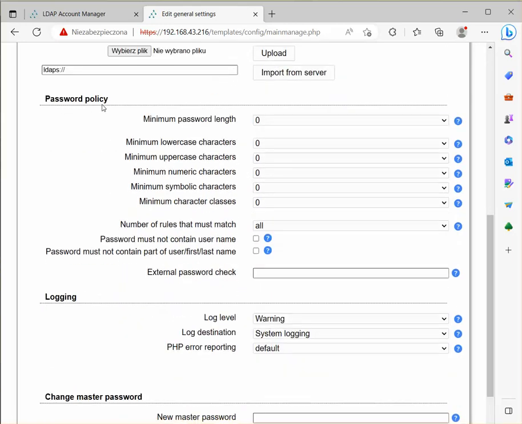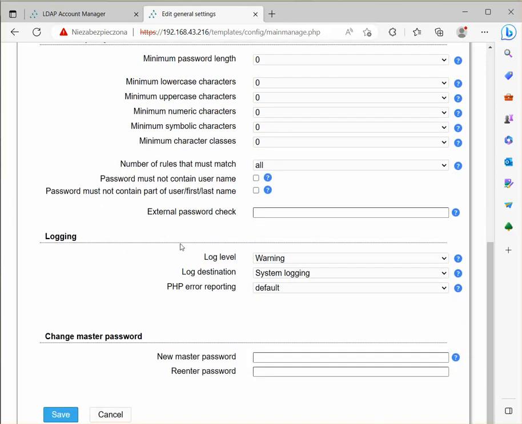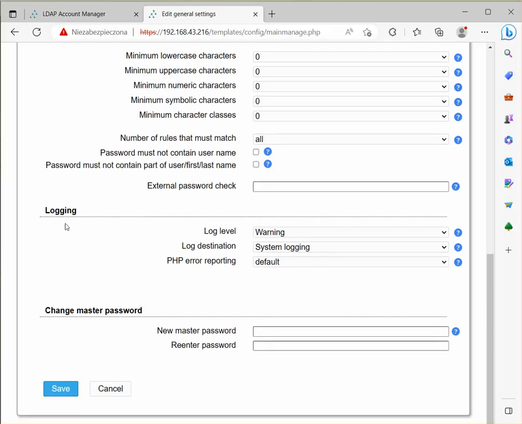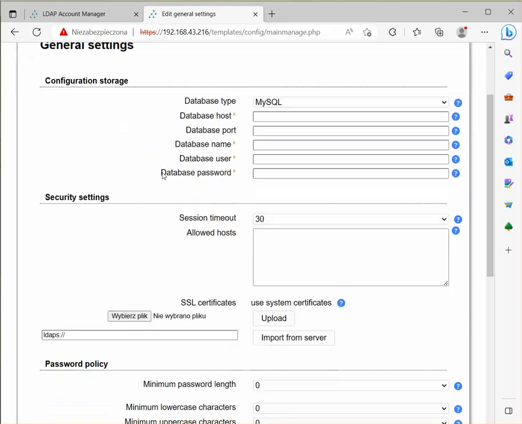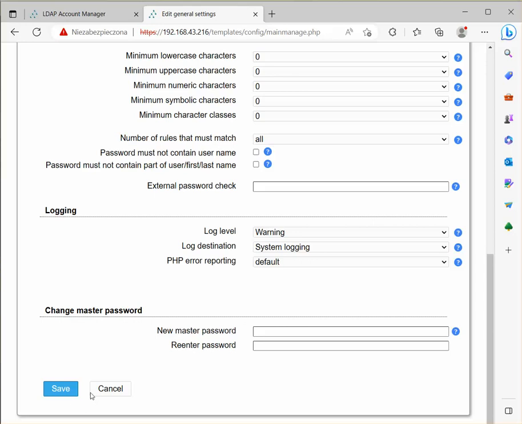Of course we have the password policy here, you can change it as you wish, setting all the different variables here. Logging, of course, log level, setting log levels, log destination, PHP error reporting, and you can change the master password because the basic password for general settings is just lam. Okay, so